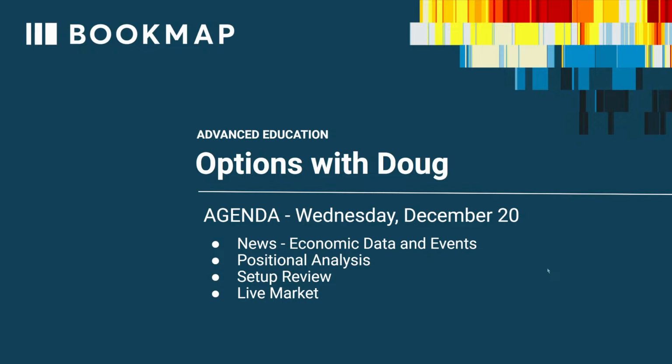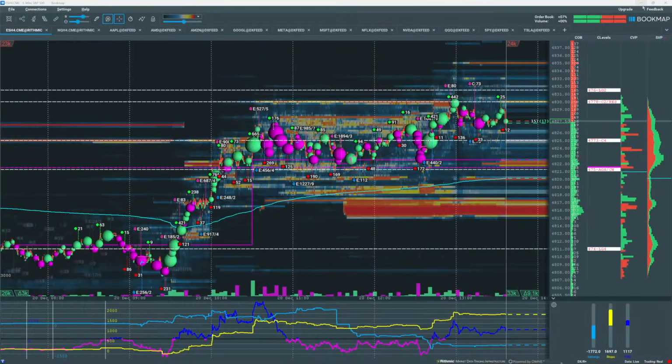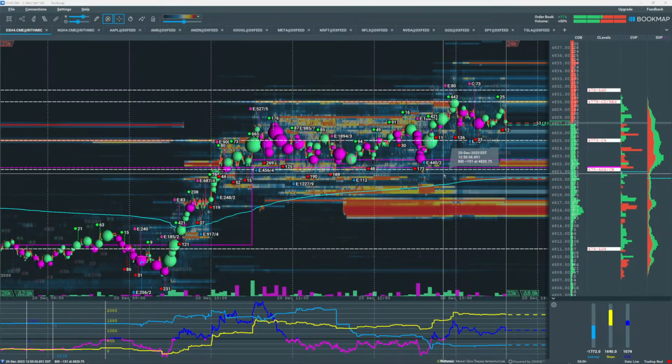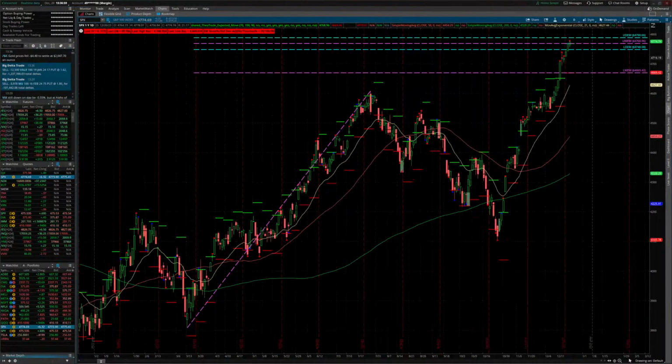All right, let's move on to positional analysis. I'm going to start with the S&P 500. This is the ES futures in Bookmap. Before I take a closer look at this chart, I do want to take a look at a larger time frame. So I'm going to start with SPX. This is the underlying asset index for the S&P 500. This is a one-day chart,